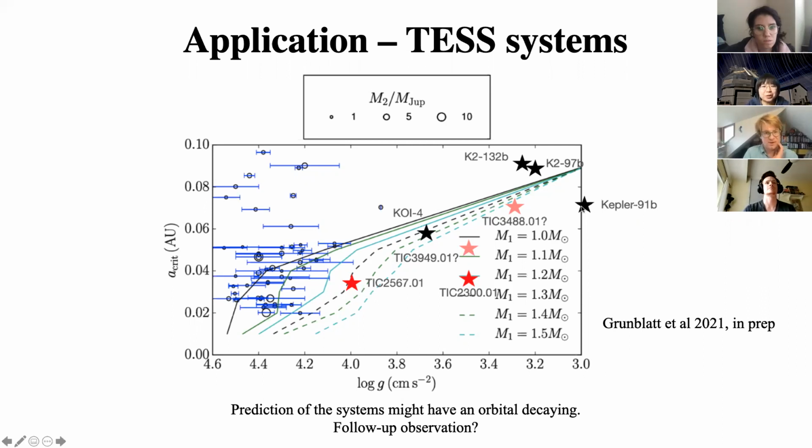I would also like to mention Kepler-91b, because Kepler is older and we have more follow-up observations. I believe this system is also well constrained, the orbital parameters and the star parameters are well defined or well measured. And once I found this system is quite below the critical a, I also went to see the light curve of this system, and we see